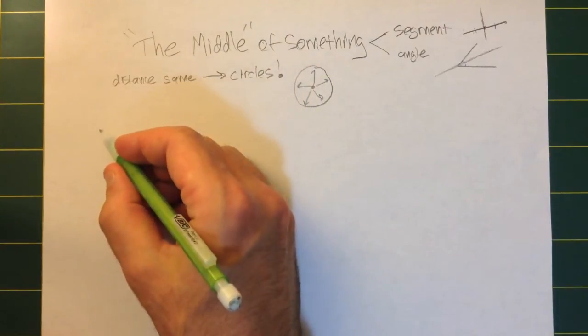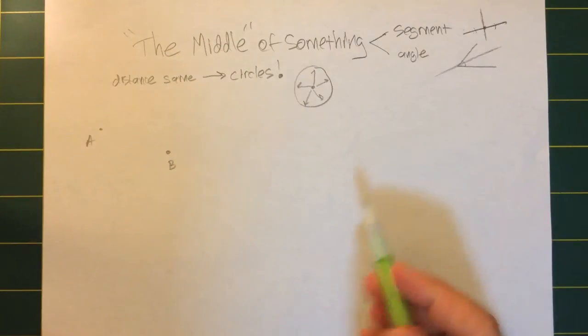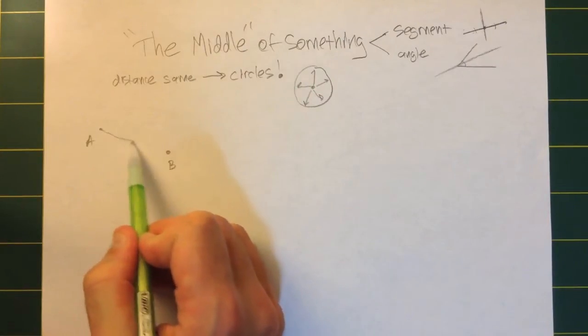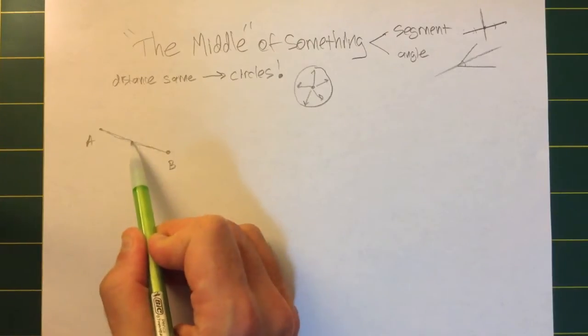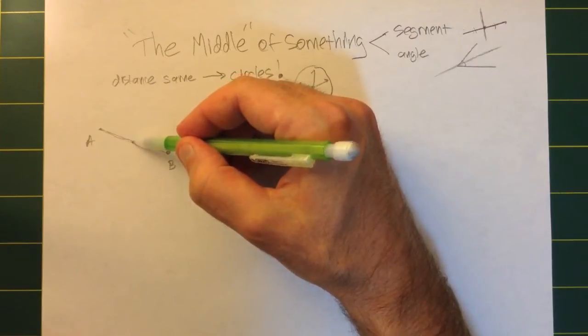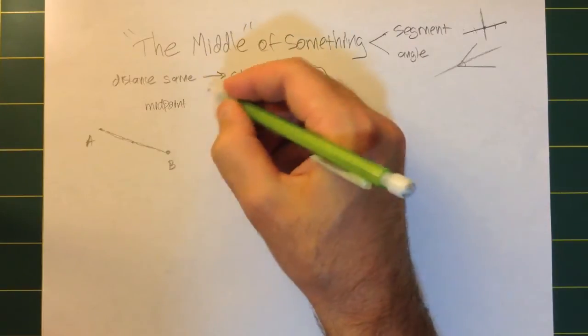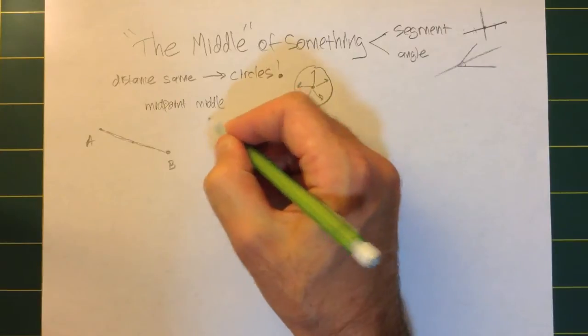So if I have 2 points in space, one of them is A, one of them is B, and I want to find a point that's in the middle of those, I know that the point in the middle has to lie somewhere on the segment that connects A and B. It's around here, but is it there or there or there? Like, where exactly is it? It's around here somewhere, and through this midpoint, which, you can just break that apart and see that it literally means the middle point,